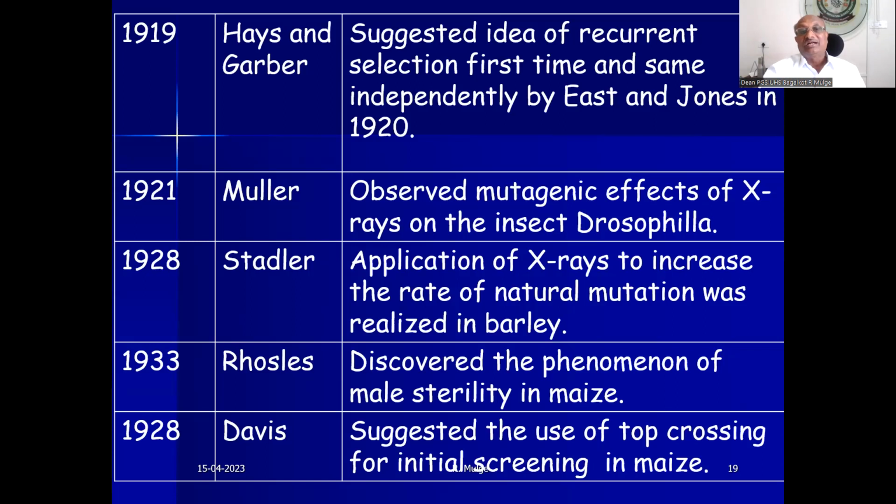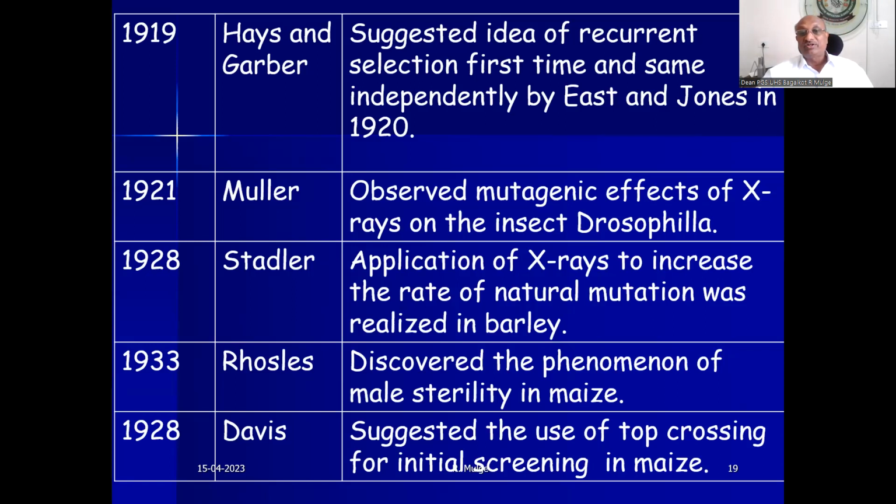In 1933, Rosales discovered the phenomenon of male sterility in maize. Oh, there is male sterility in maize, which can now be used for an economic way of seed production, because for developing hybrid seeds you have to avoid selfing. To avoid selfing, male sterility is going to be useful. So in that sense this is important. Rosales discovered the phenomenon of male sterility in maize, and